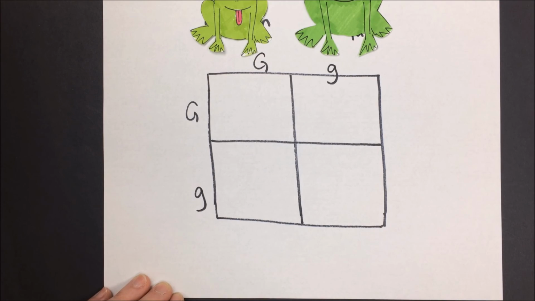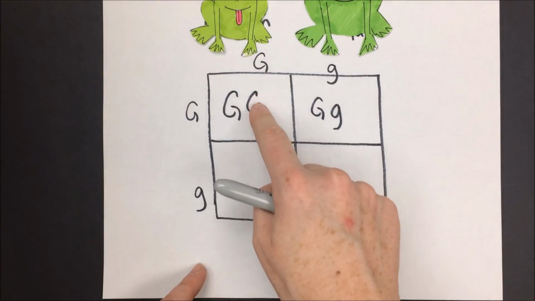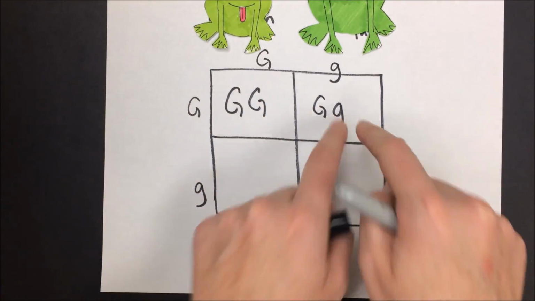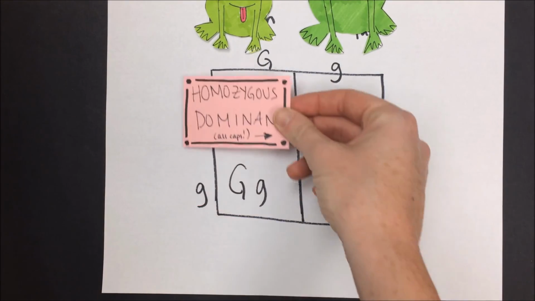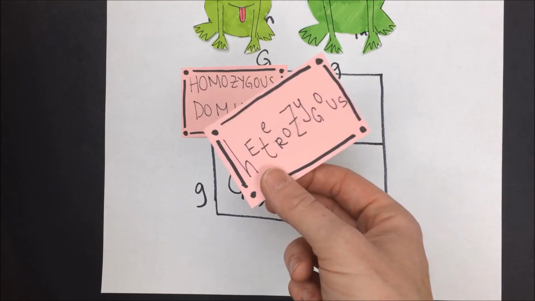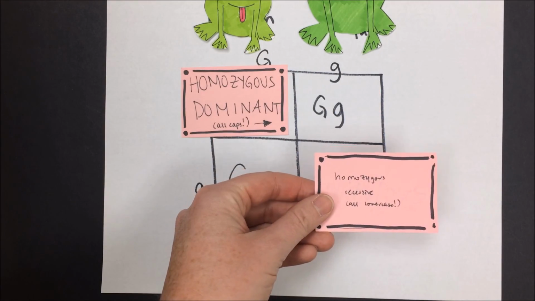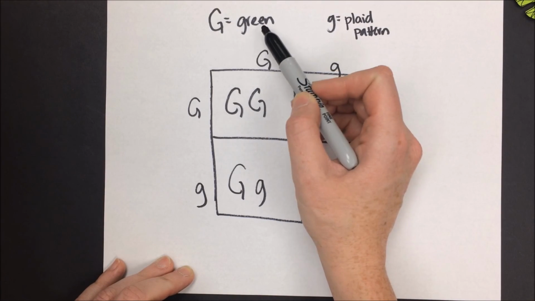I'm now going to fill in the Punnett square to see what the possible genotypes of the offspring would be. I filled this in, this first row, by looking to see what's above and what's to the side, like this, to fill in the traits. I'll do the same thing for the second row. We end up having capital G homozygous dominant, 2 capital G lowercase g, or hybrid, heterozygous possibilities, and 1 homozygous recessive, all lowercase letters. Remembering that the dominant allele, capital G, represents the trait for green skin,